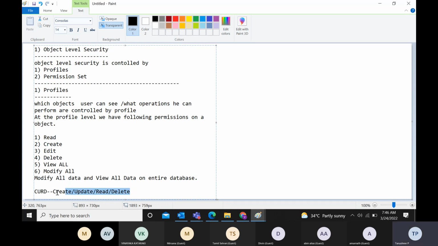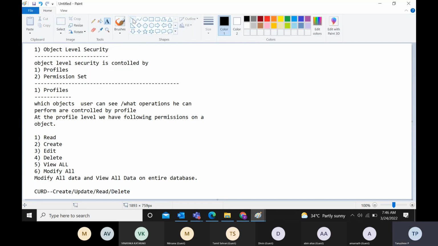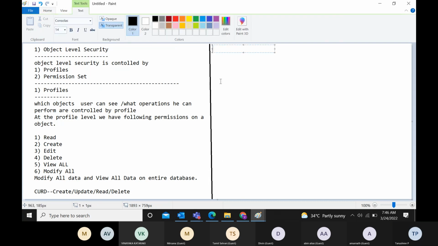If you want this one also, somewhere you can write. Third, operations means what? Create, update, read, delete. As part of development, we will discuss. Still, you can write this word here. Right, this is the profile level,